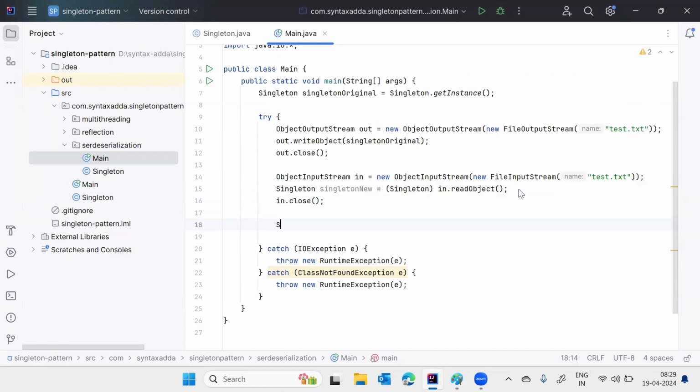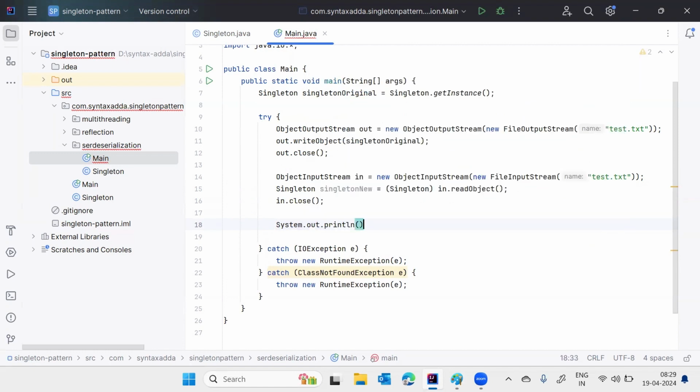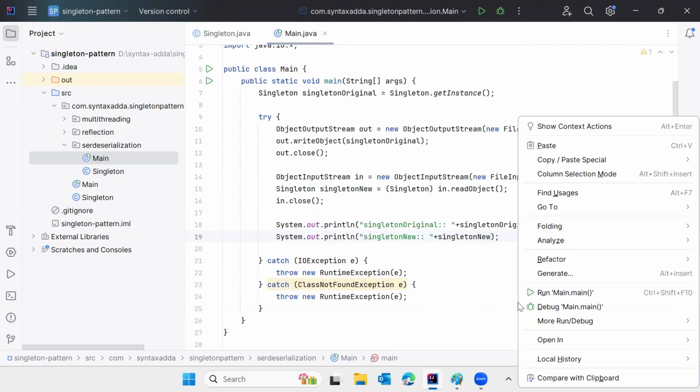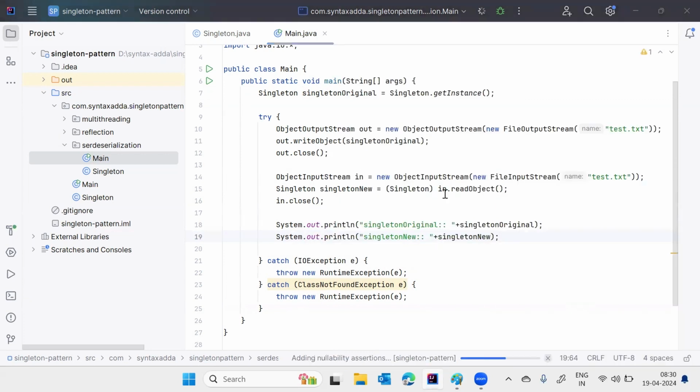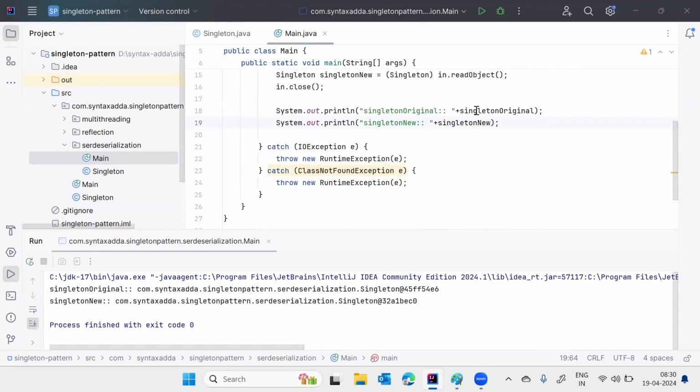So we have performed serialization and deserialization. Now let's just print it out. So we'll print system.out.println, right? I will just see what's the original instance was, and then we'll see the new instance. Okay, just copy paste. Okay, let's run this. So when we are running this, we are noticing, right, the first time the object of the singleton class